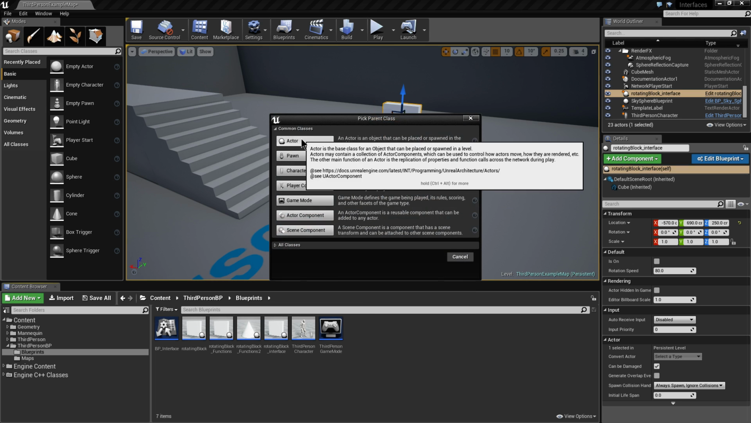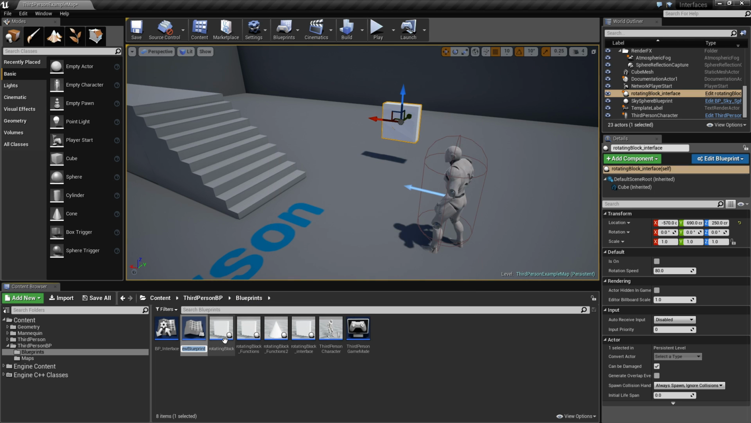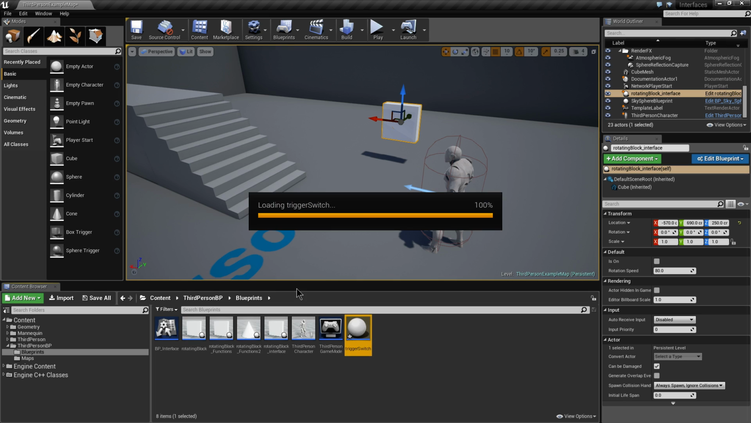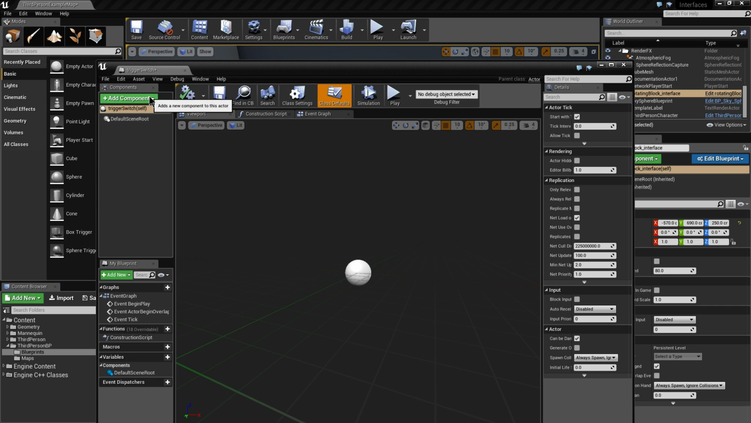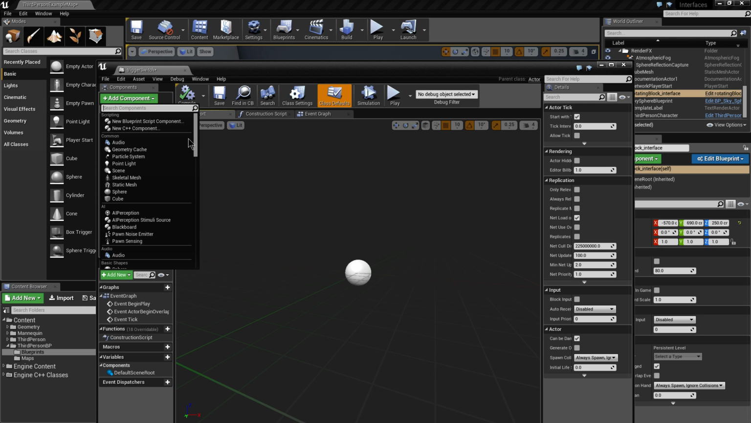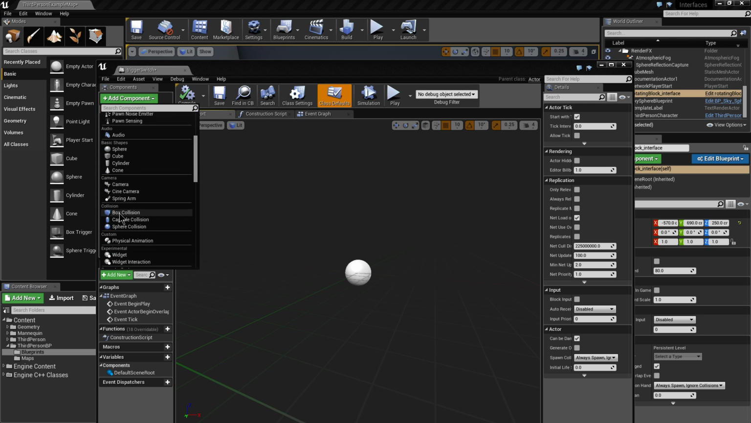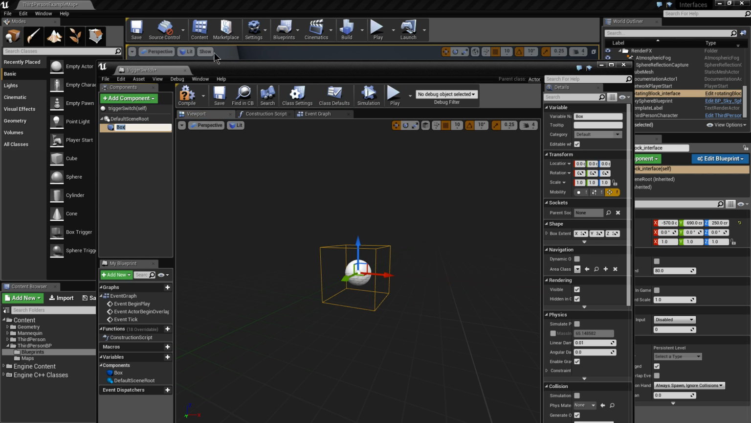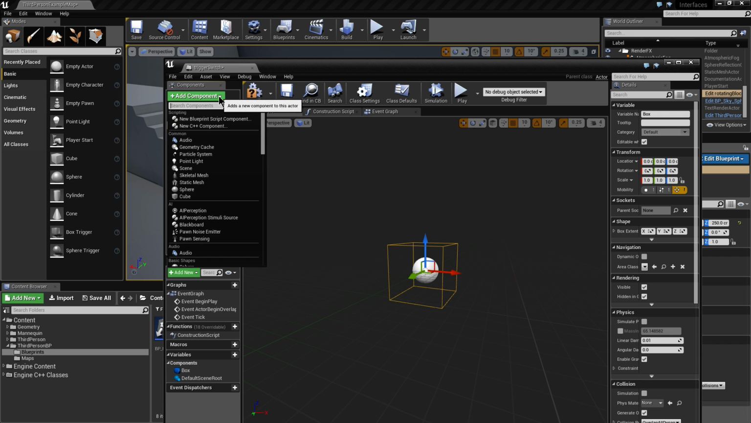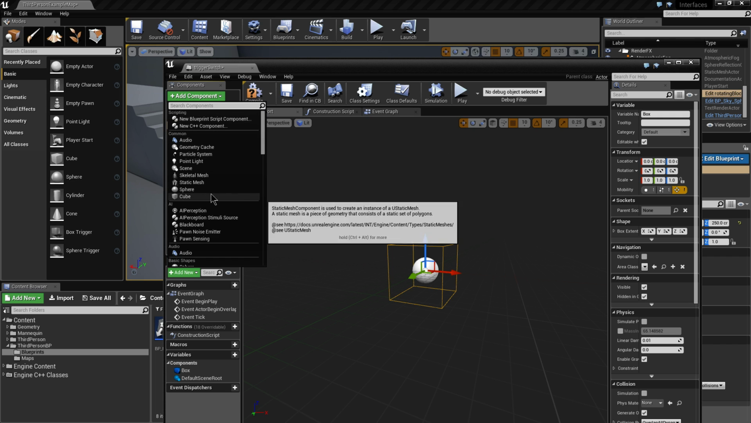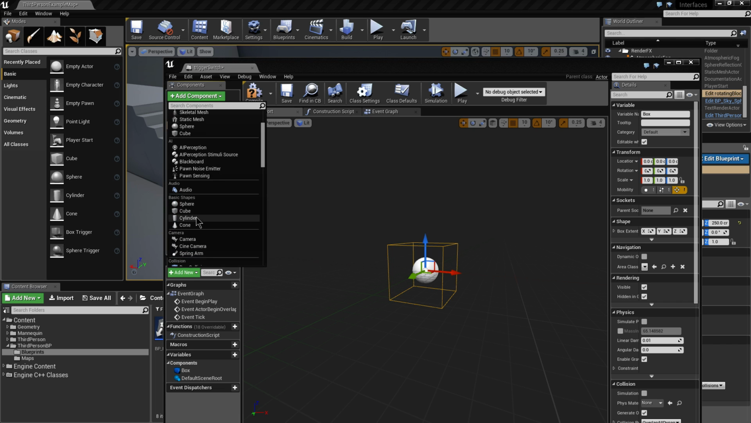So I'm going to go to the blueprint class, I'm going to make a new actor, and I'm going to call this trigger switch. Now our trigger switch is going to have its own visual representation, so I'm going to add, to start with, the actual trigger box itself, called a collision box, and I'm also then going to add a visual representation of this switch. So I'm going to go with the cylinder,